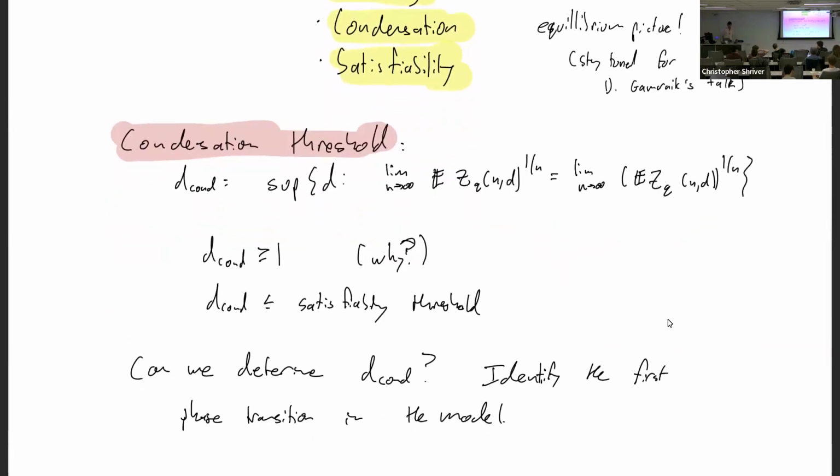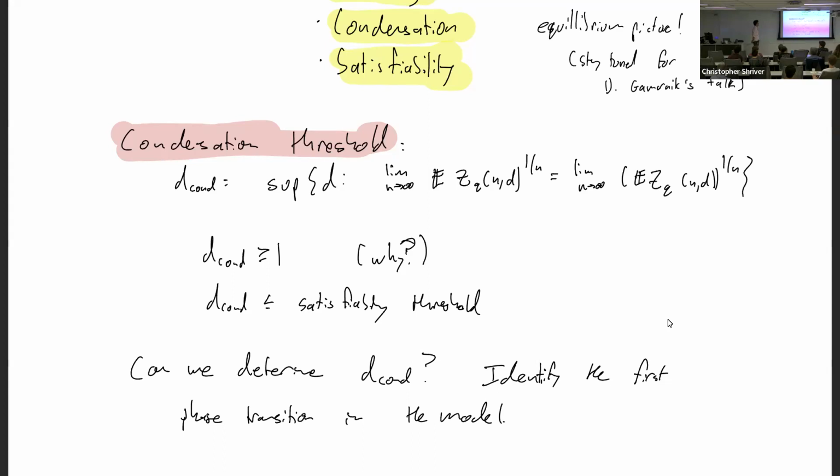So let's talk more about the condensation threshold, and this is what we're going to talk about through the talk. There's a few different ways to define the condensation threshold. One I gave you in a picture, but here's a more mathematical way to define it. What I'm looking at is this limit, and I'm taking the nth root of the number of proper colorings. This is a random variable. I'm not taking log and dividing by n because you don't want to take log of 0. But I'm taking the nth root and taking a limit.